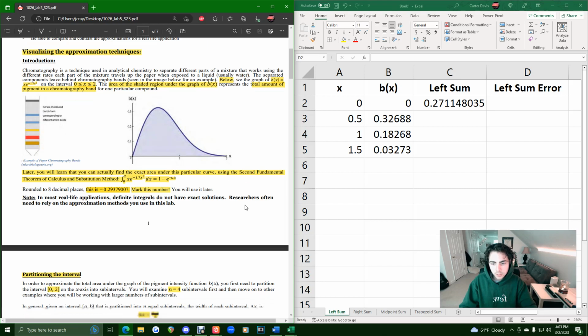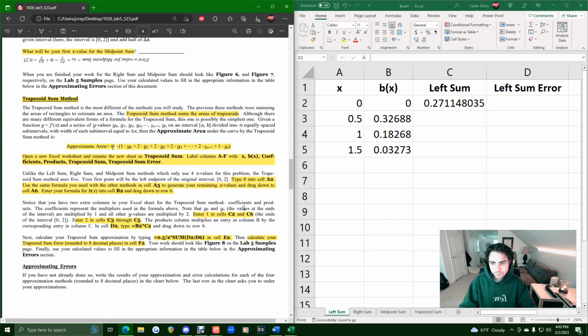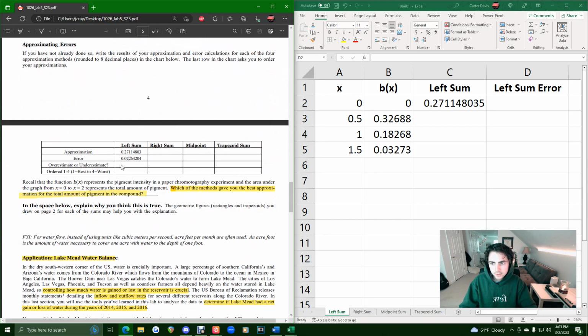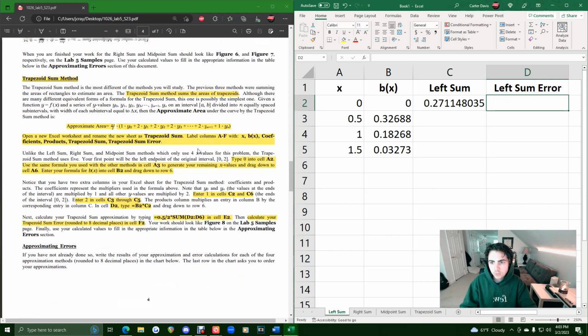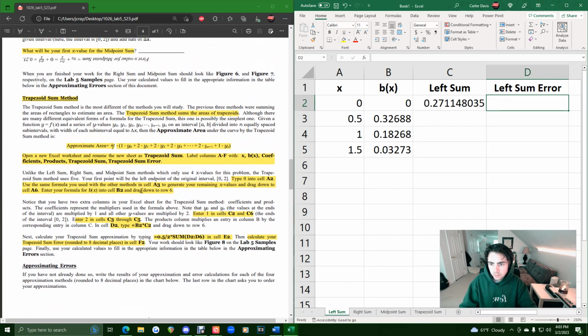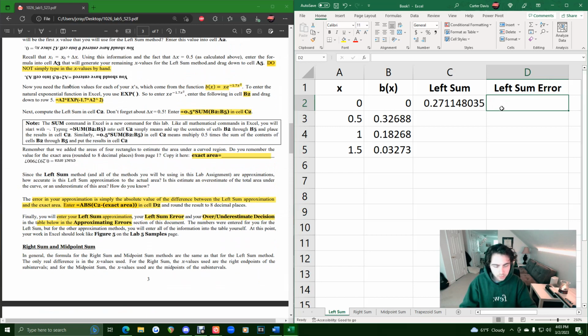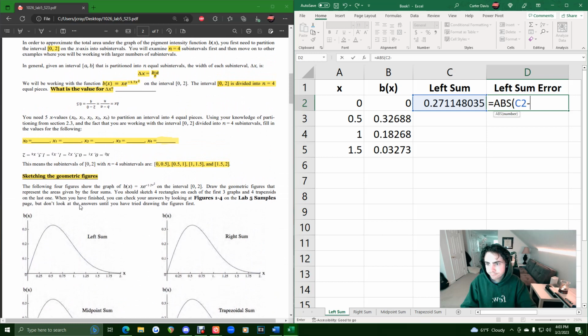One thing I don't like about this is that later on they ask what the error was, and then they ask whether it was an over or under estimate. Now, if we're taking the absolute value, I'll try to explain this in a moment once we actually calculate it. So let me calculate it how they actually had you do it, and then I'll explain my frustration. So ABS, C2 minus exact area, which was up here,